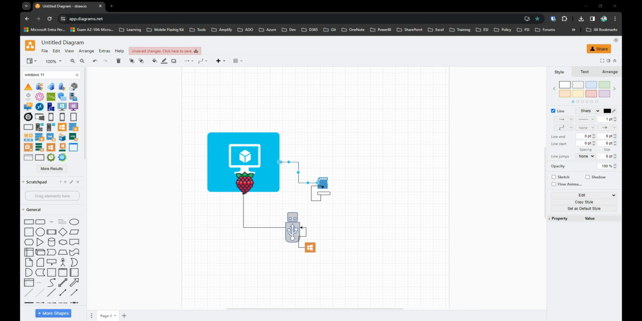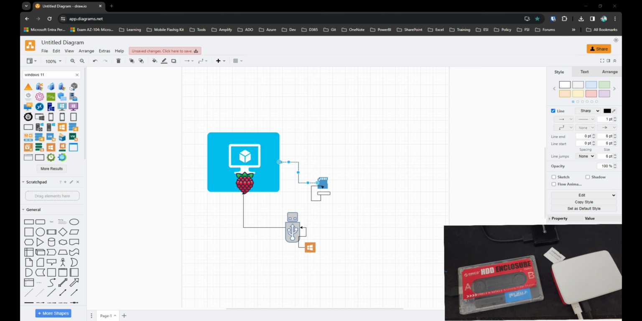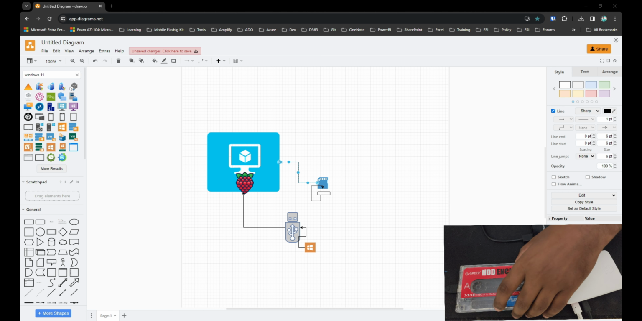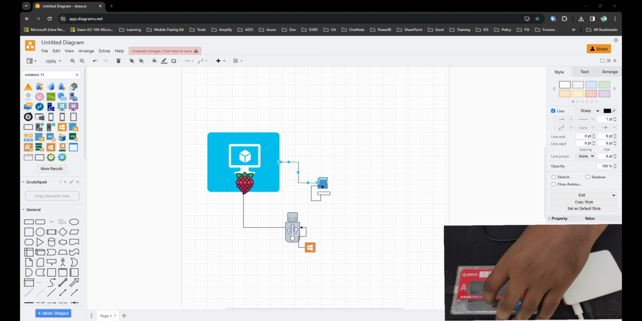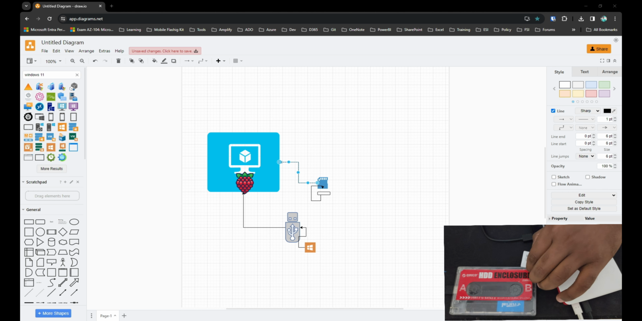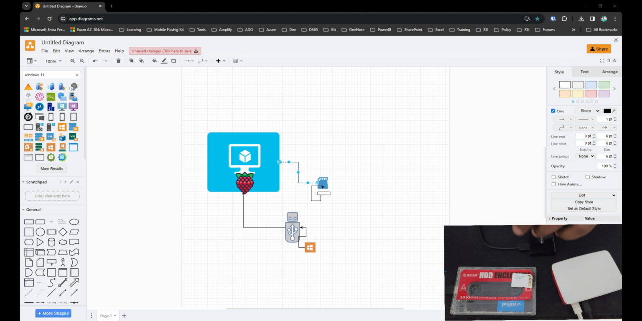In today's video, I'm going to explain how to install Windows 11 on a Raspberry Pi 5. In order to install Windows 11 on Raspberry Pi 5, we need an external hard drive, we need an SD card, and we need a card reader. So the process is going to be very simple. There is an open source project which says